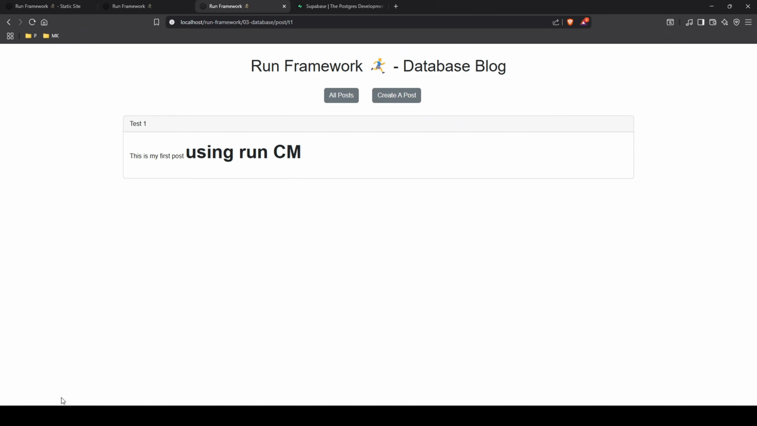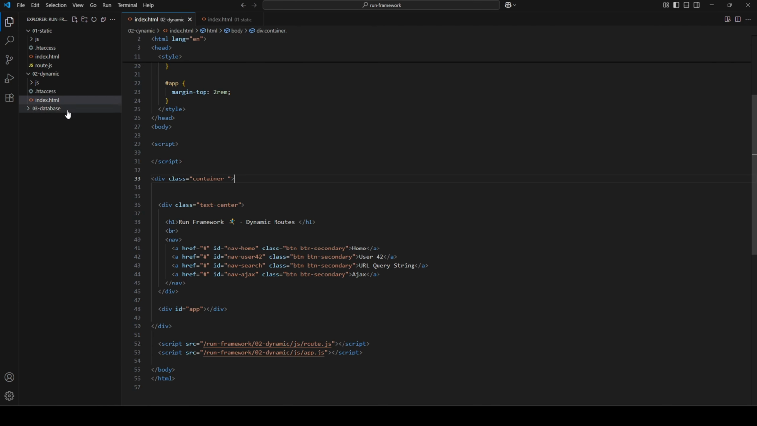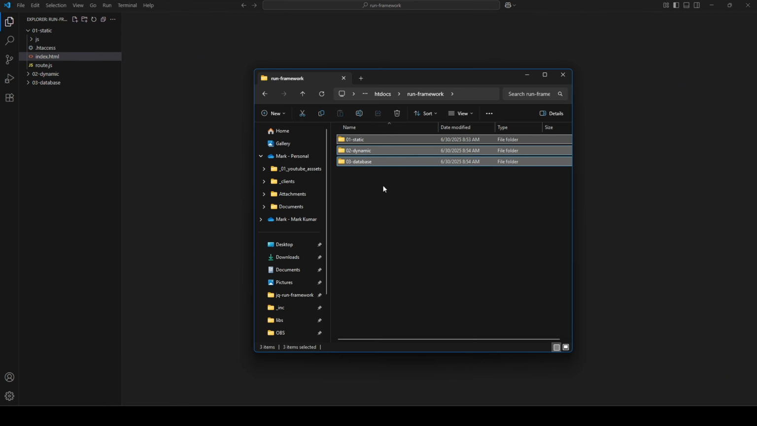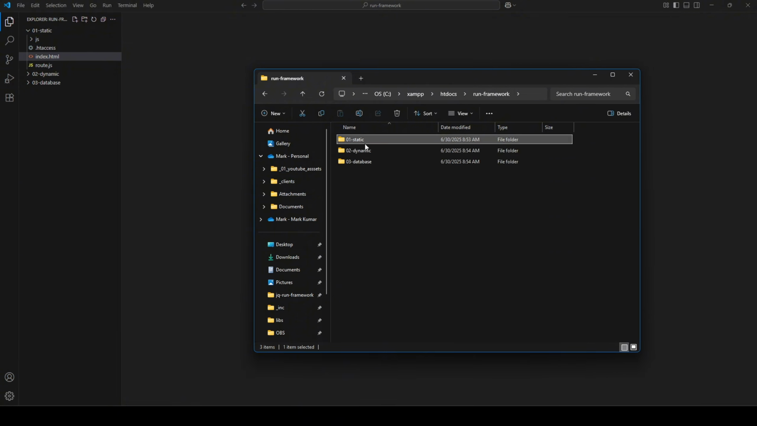So let's go over to VS Code, and we're going to go step by step through every one of these routes. I'm going to close this out. There are these 3 folders, and I'm going to walk you through how you can utilize them. This is under the Run framework. We have static, dynamic, and database. And there's going to be another one called